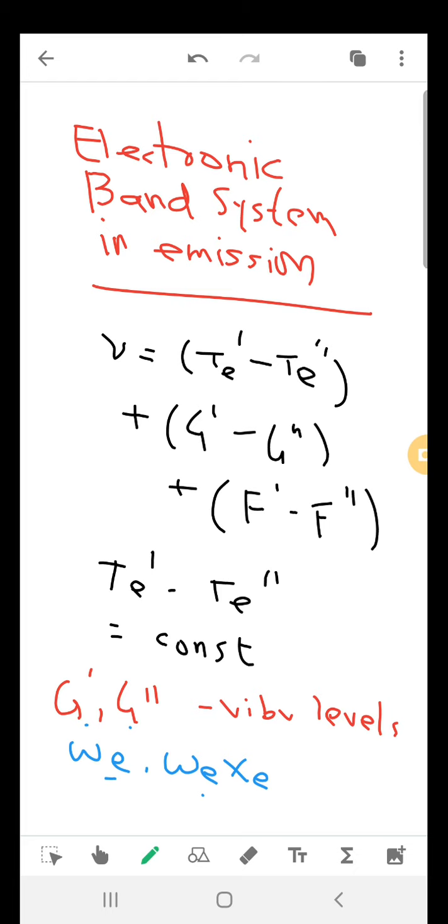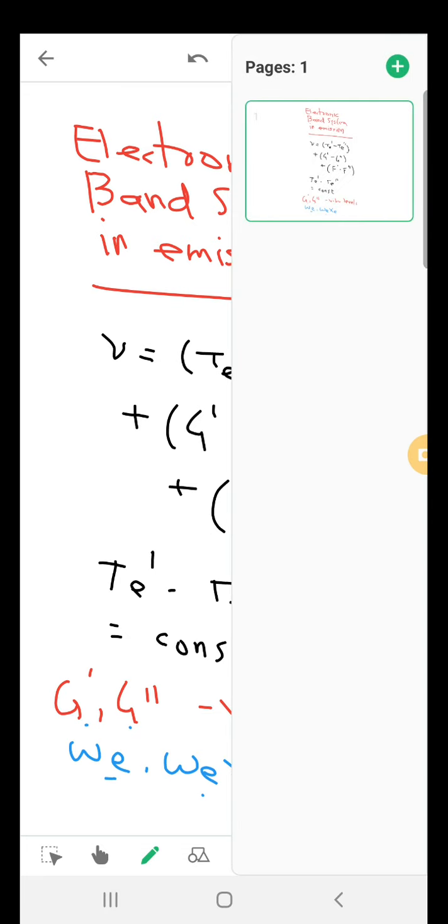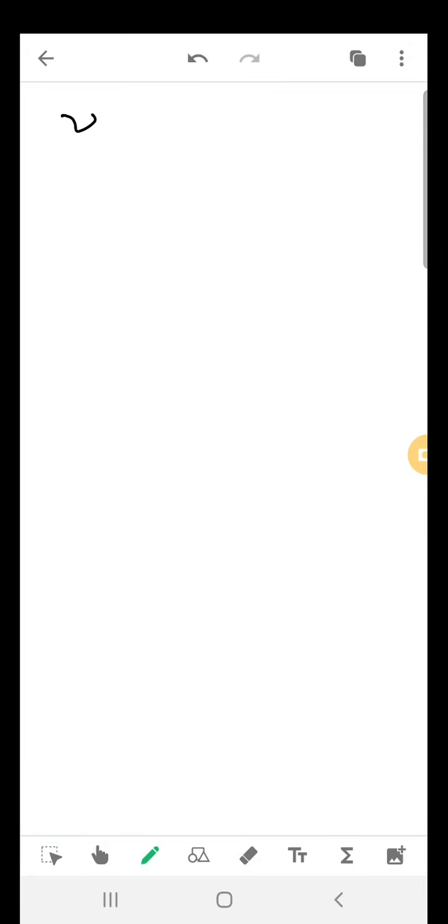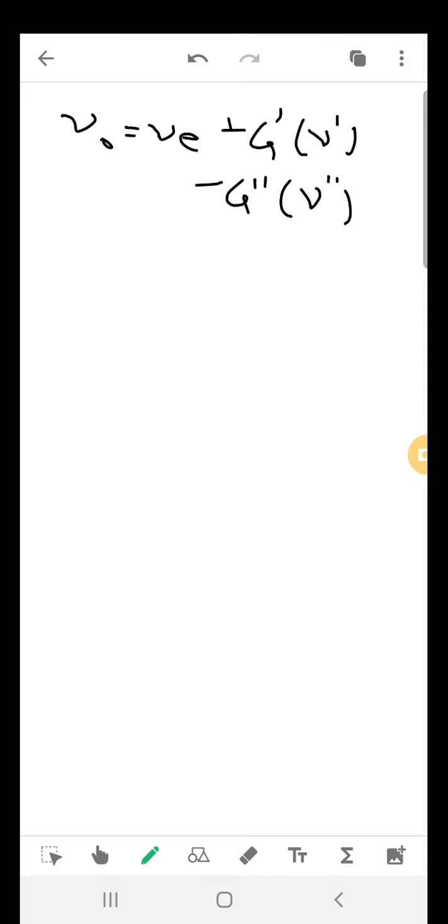Now, if we ignore the vibrational structure of the individual bands, then the band origin of the system is given as ν0 = νe + G'(v') − G''(v''), which is again equal to νe + ωe'(v' + 1/2)